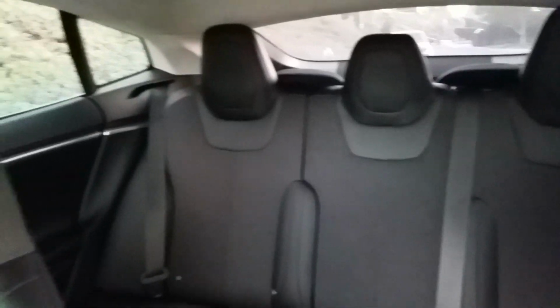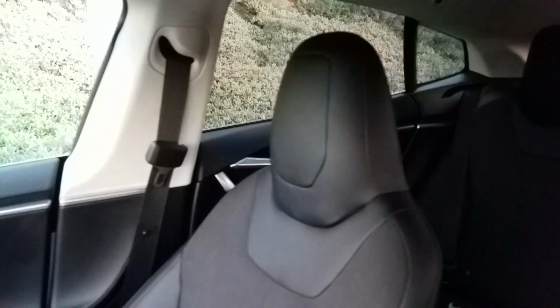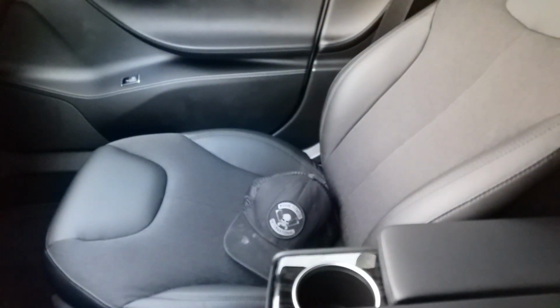Yeah, center console is nice. I know the first couple cars they didn't do a center console. This one has the 2 rear-facing seats, which is cool. Maybe I'll get back out and show those. It's got the pano sunroof, which is pretty dope. The seats, I don't know. Wasn't impressed with the seats. They're